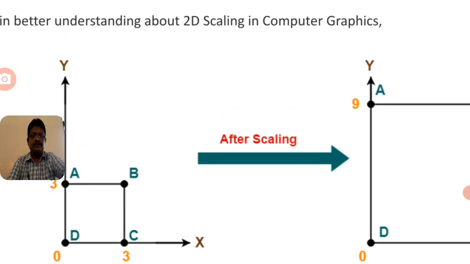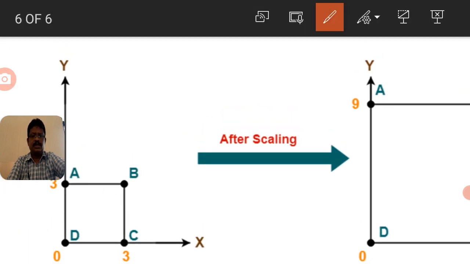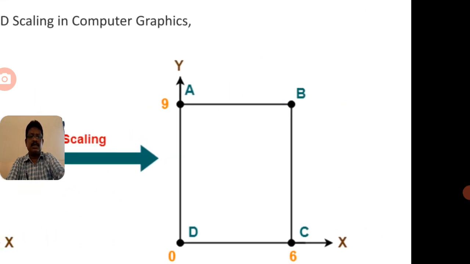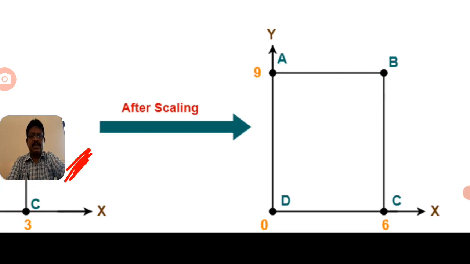So here, after applying the new coordinates, for drawing the graph after scaling, you can observe this is the old one. So the given coordinates are A, B, C, D. Based on that we draw the graph like this and apply the scaling. After scaling, the new coordinates are applied on the x-axis and the y-axis, and the graphical representation is drawn. So it is a scaling parameter.